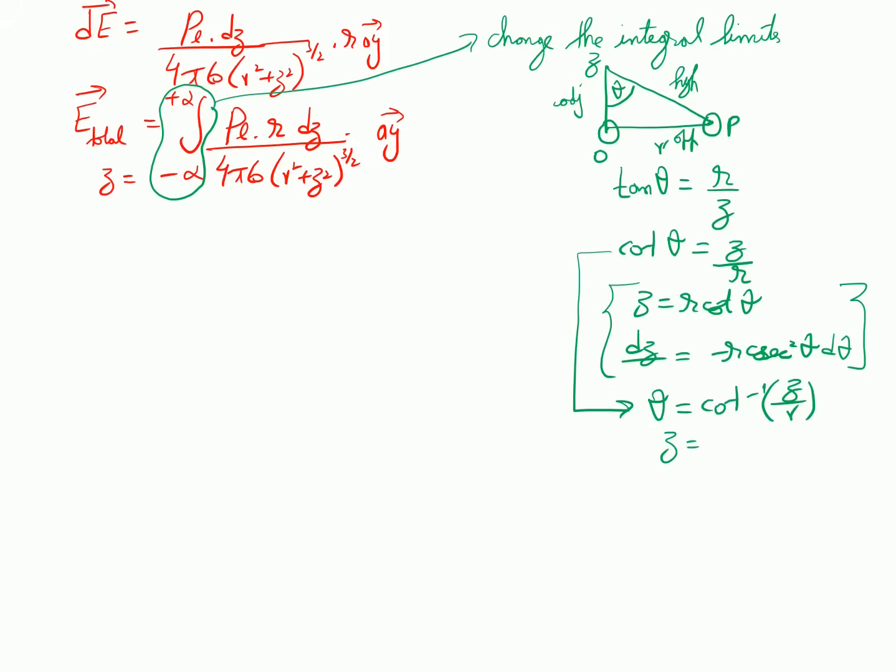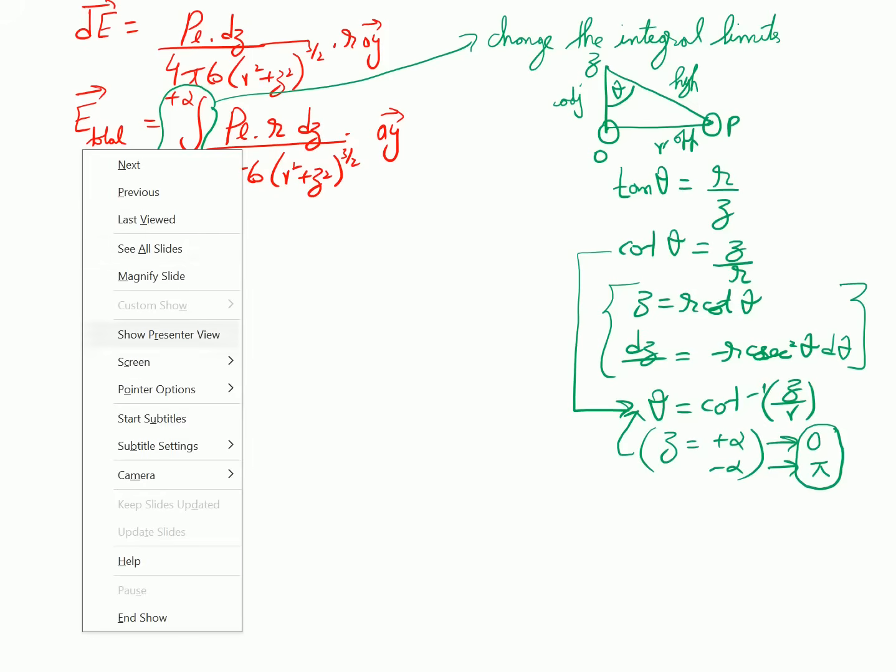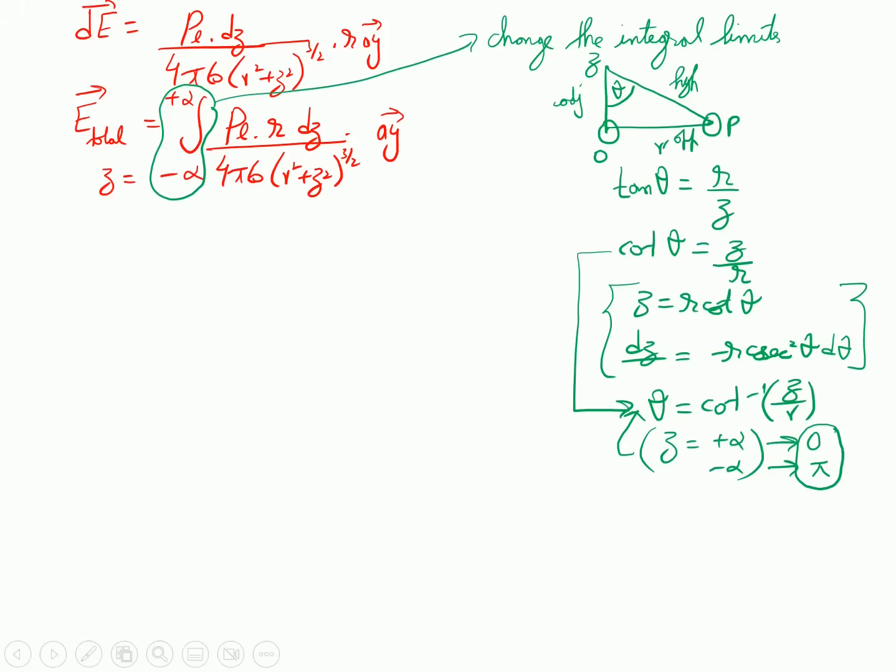We put the value of z as plus infinity and minus infinity. Hence, when we put the value of plus infinity and minus infinity, the angle comes out to be: positive infinity gives me a value of 0 and negative infinity gives me a value of pi, and hence we have changed the limits from positive and negative infinity to 0 and pi. Thus, our updated equation now becomes,